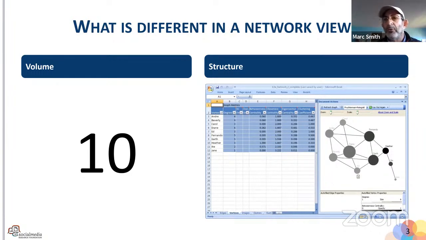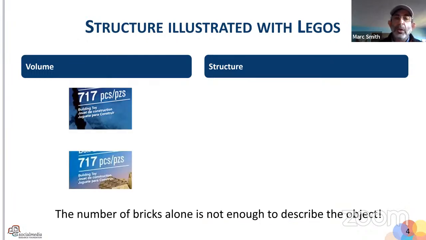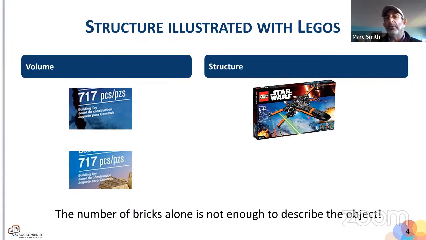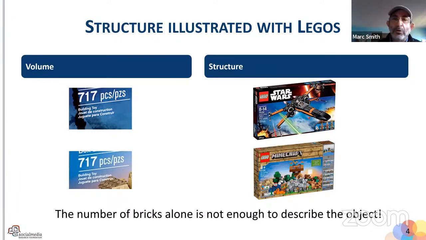It's sort of like wanting to understand an animal by actually seeing its skeleton. And I guess those dinosaur people have had a great deal of success with that skeleton stuff. So we're in the same boat. We would like to not just know that there are 10 dots, we'd like to know how the dots are related to one another. We do this because knowing how many things are in the box is not a good predictor of what is in the box. So 717 Lego bricks, exactly the same number, but one's Minecraft and one is an X-Wing Fighter. They can't be the same, and having just a volume measure is not enough.